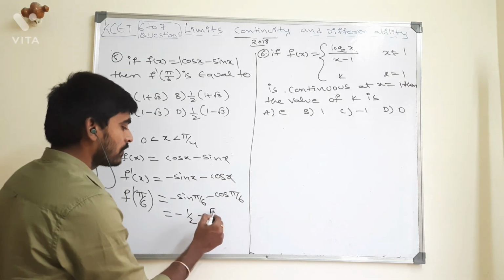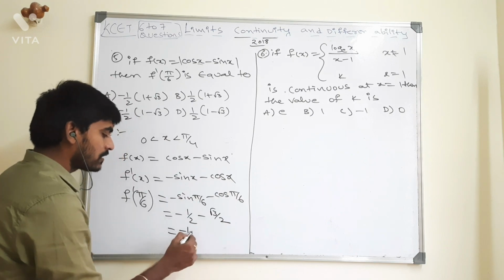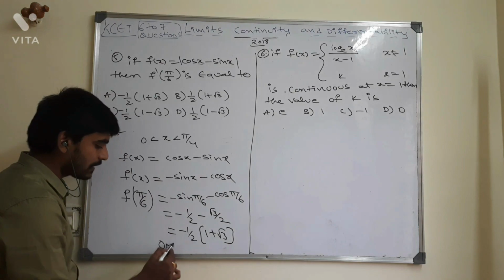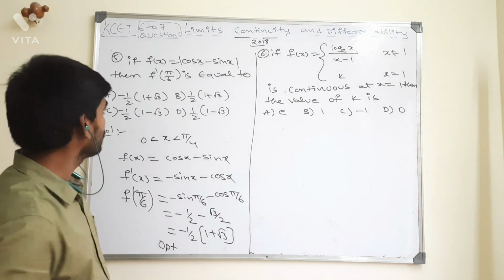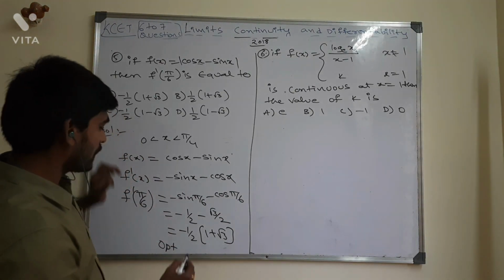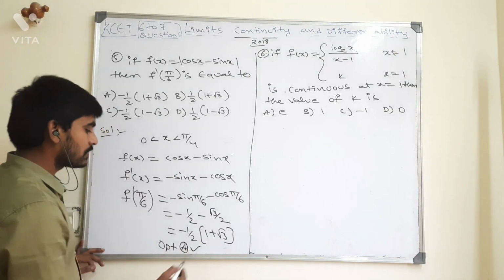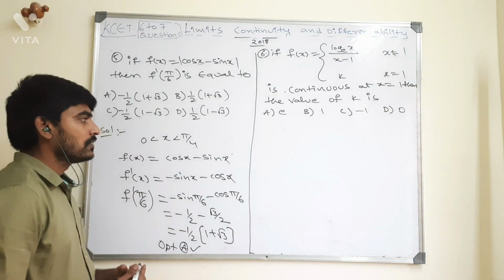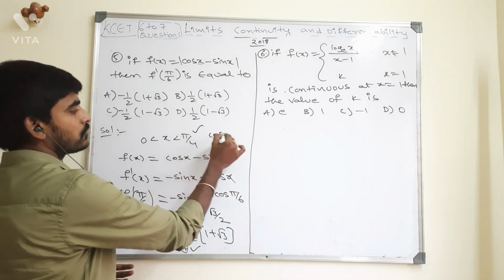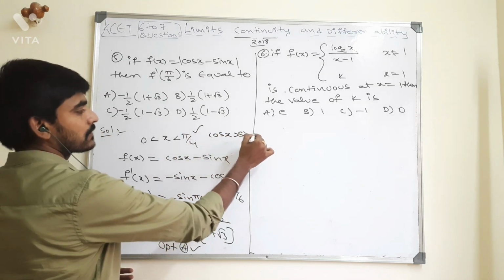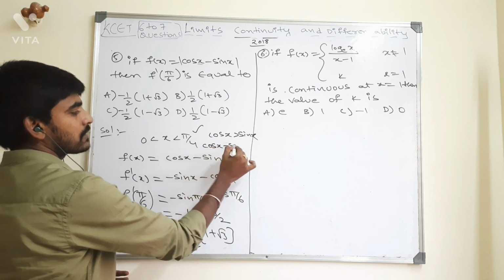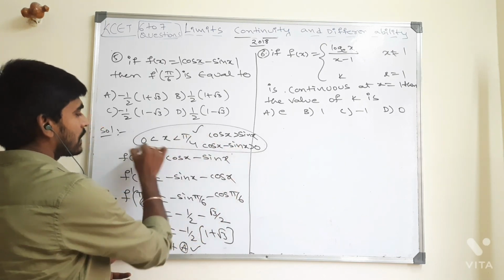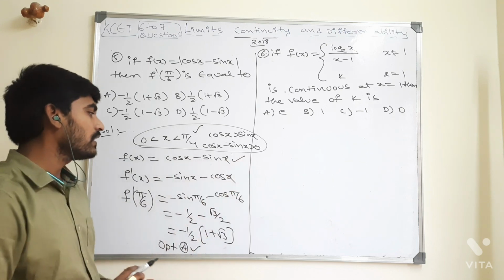So which option is correct? Which option is correct here? We can judge the option here. Yes or no? Minus 1 by 2 of 1 plus root 3. Is there anything tough? Nothing. As per this condition, I can tell you cos x is always greater than sin x, that means cos x minus sin x is greater than 0. From these conditions, I have selected this value, then I did the differentiation. So I hope you all understood. What about this question now? Solution now.